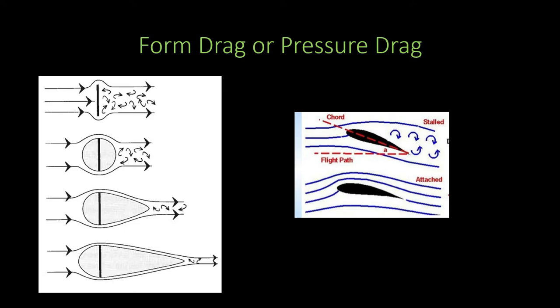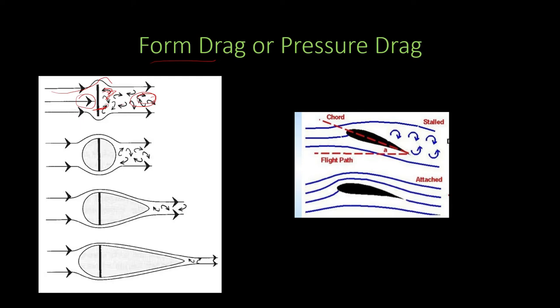Now let us consider a plate which is moving with some velocity v. So air is coming from this direction. Now as air moves over this surface, there is a lot of wake formed behind the plate. Because of the formation of this wake, the pressure will be higher on this side and lower on this side. So due to this difference in pressure before and after the plate, there will be a drag which is known as form drag. Now form drag basically depends on the shape of the object.